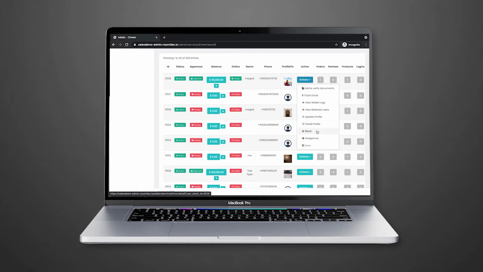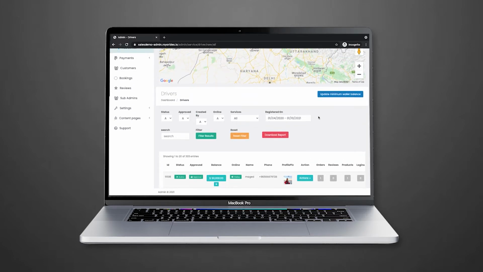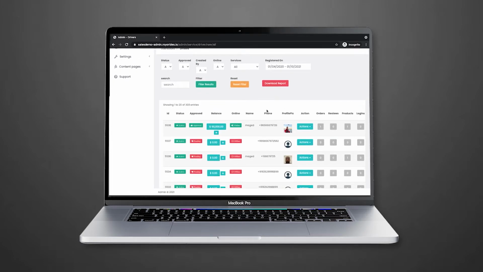Approve and unapprove means when a new driver signs up to your app, you can first check his details whether this guy is genuine or not, so that you can approve him. If you approve, he'll get bookings from your solution, and if you disapprove him, he won't get any service from your system.